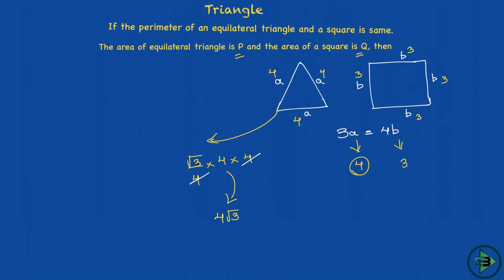And if I ask you now what is the area of the square, you will say the side of the square is 3. So the area will be side square, that is nothing but 9. Now what is the value of root 3? That is nothing but 1.73. So if you multiply 4 even by 2, it will be 8. It will always be 8. So it will always be lesser than this, right?